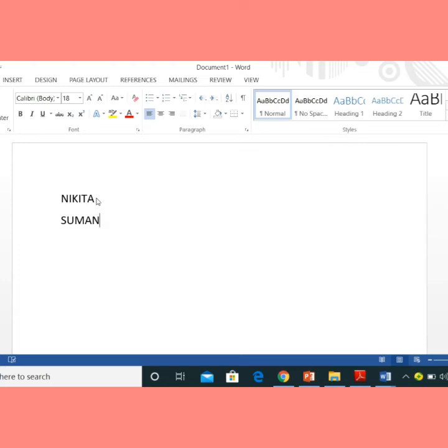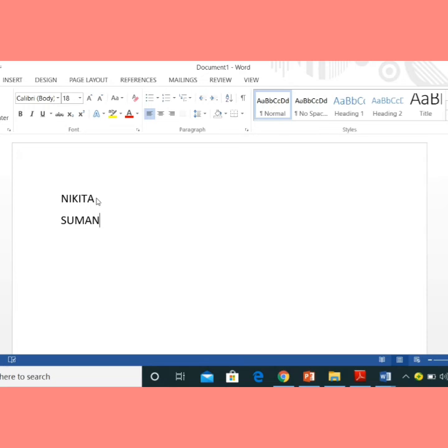Yes, a new name. And how can I type this name? I am typing this name using the alphabet keys. Okay, I am typing the words using the alphabet keys. Now suppose in the second line I have to type another name. Okay, in the second line I want to write two names together. So I have to give a gap or create a space between these two names. I have to give a gap between the two names so that I can read out the two names properly. So using which key can I give the space? Using the space bar key. Okay.